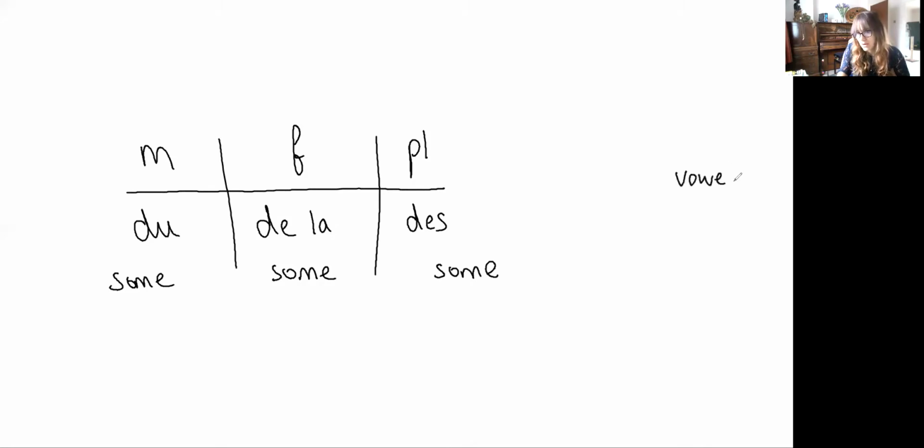Okay. Next thing, guess what we do if the next word starts with a vowel. I'm sure you do know already, or H. Yes, you have it. We actually put an apostrophe, so you would remove whatever it is. So if it's the masculine, you would remove the U and you put a D and an apostrophe. If it's the feminine, you would just put de and then the L and the apostrophe. Remember, we'll always remove the last vowel, put an apostrophe on there. And then for the de, it just stays the same.